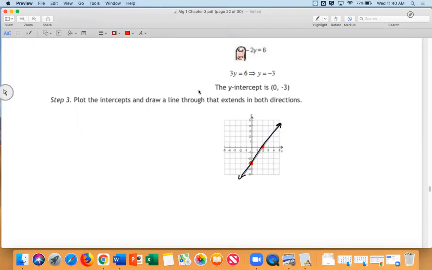I connect my 2 points and I'm done. The problem is over. Do we think we can do that? Okay. Now this method is not perfect. There are flaws in it. If you get a fraction, well, that's not good. But here's the thing, that Calculate 84 app can't graph equations that are in this form,